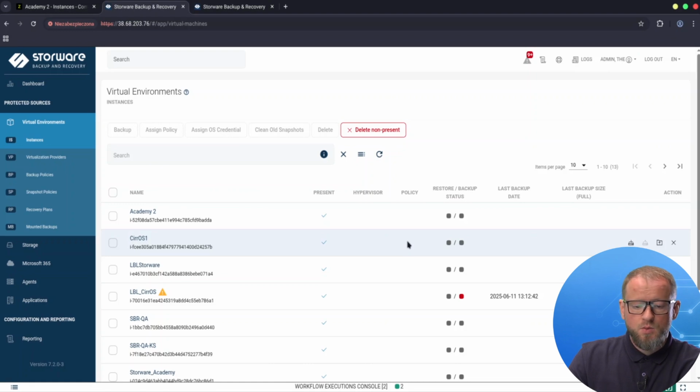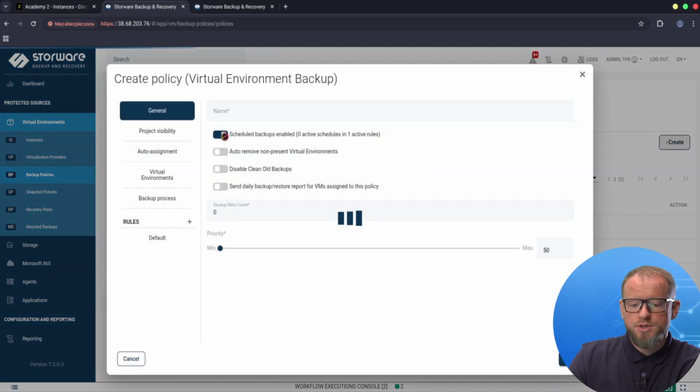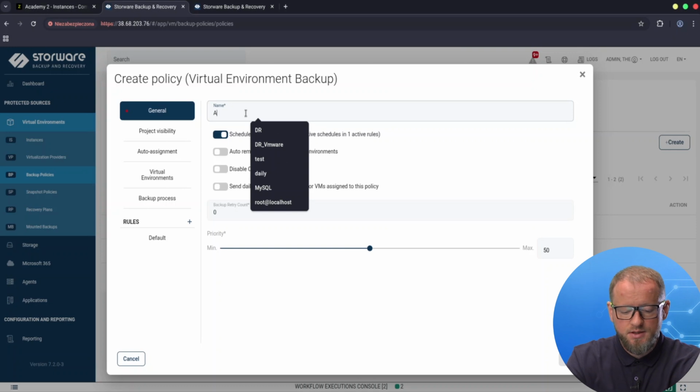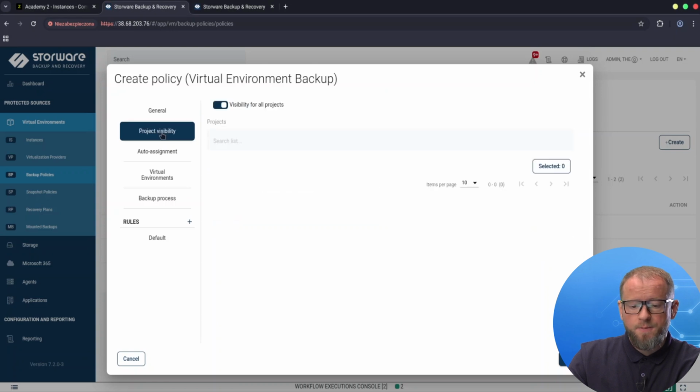The next step that we need to take is to create a backup policy. So let's go here and create new policy. Let's call it Academy. We can jump through all the available options, so we can of course make some adjustments to the configuration, but